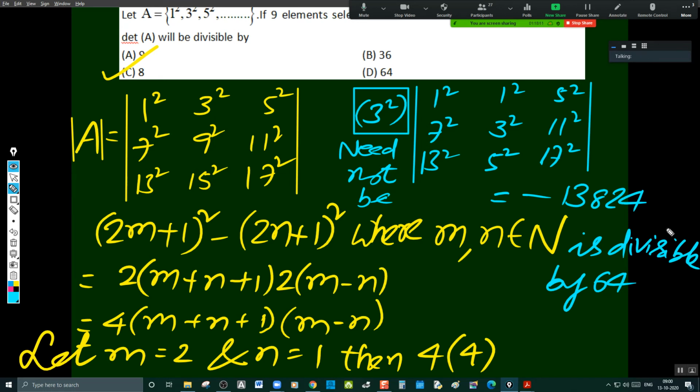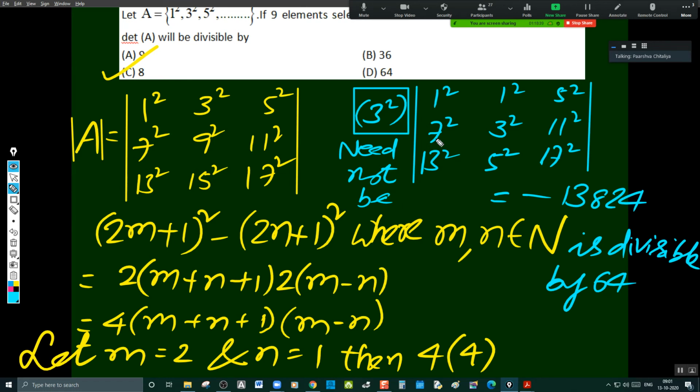Sir, why aren't we doing row operations and reducing the numbers? Because to simplify the determinant easily, we make any 2 rows or 2 columns' leading element 0, no? That's the reason. If this is the smallest determinant, then the answer will become C and D.